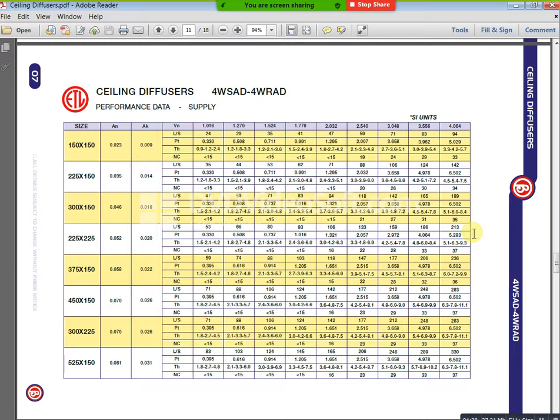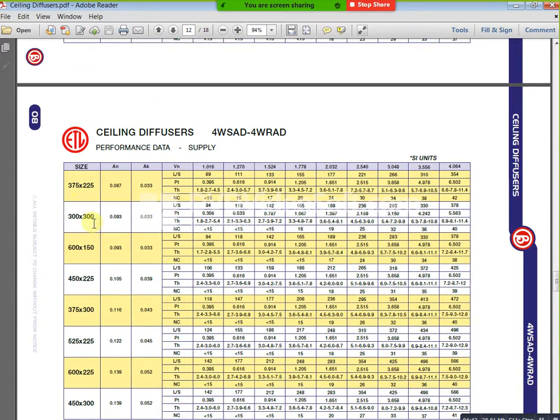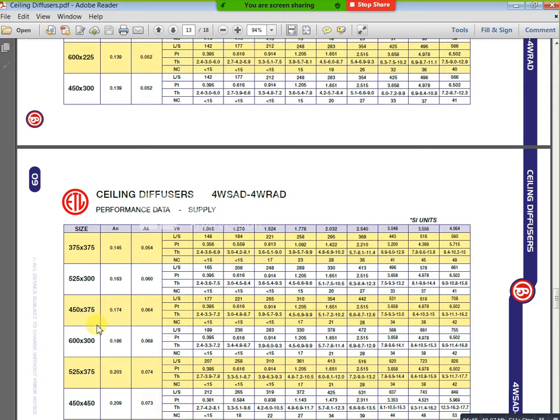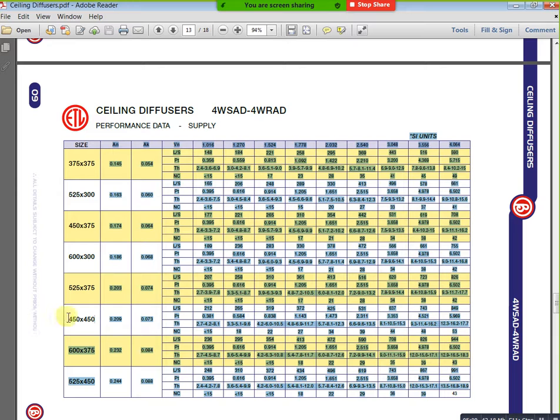And 450 by 150 or 375 by 150, depends upon the requirement, you can select that one. If you need exact, you can take 300 by 300, 450 by 450, that one also is applicable. Square diffuser, depends upon your requirement. See here we have 450 by 450: 212 and 265 liter per second, at the same time 314, 372, and 425 liter per second. These all we have, and you can select one diffuser only. Based on that one diffuser you can place it across your entire floor.